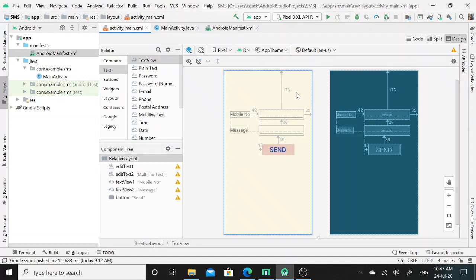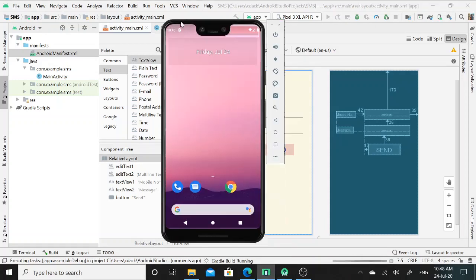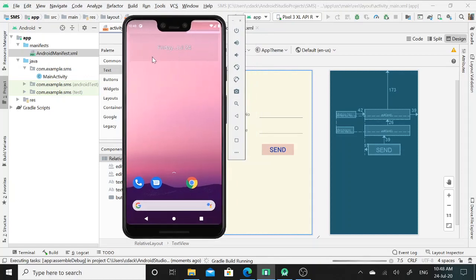So to see the output, I will simply click on this run button. So this is the Android emulator. This is the Android virtual device and its name is Pixel 3.